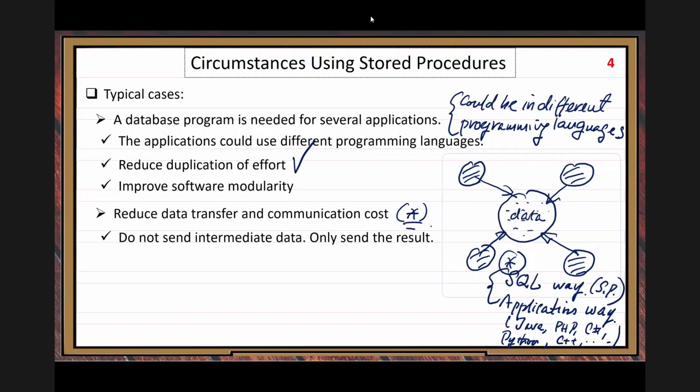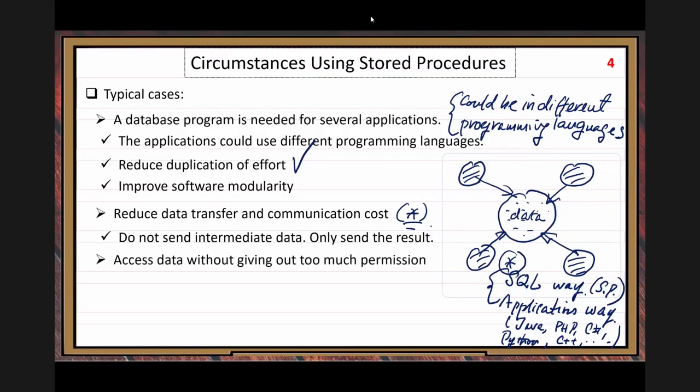Then you send the final result back. Then all the intermediate data transfer, you save. You eliminate the intermediate data transfer. That's a lot of internet traffic. So you improve the overall performance. So that's another big advantage.